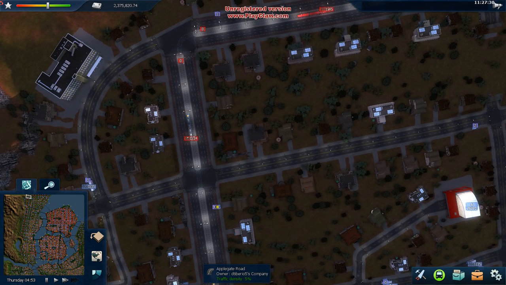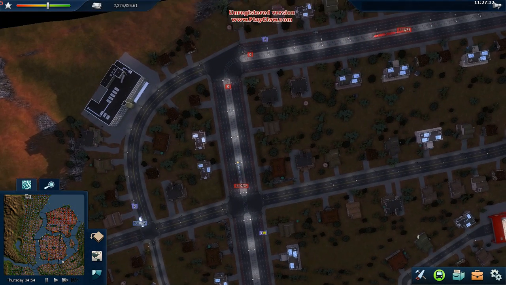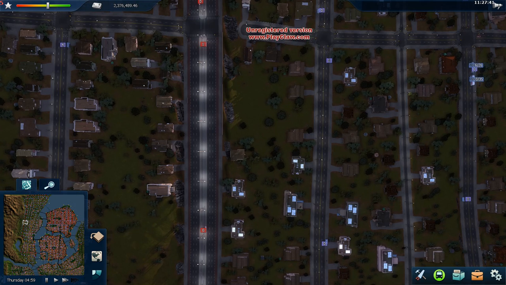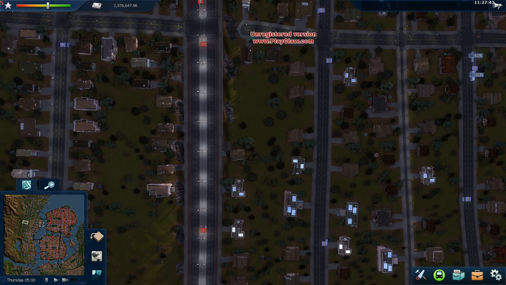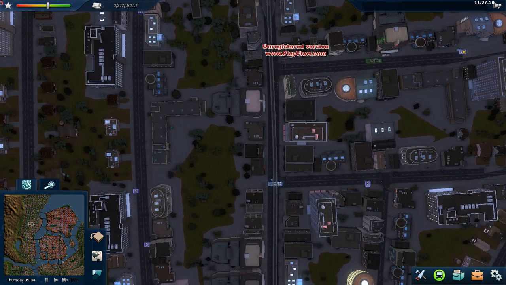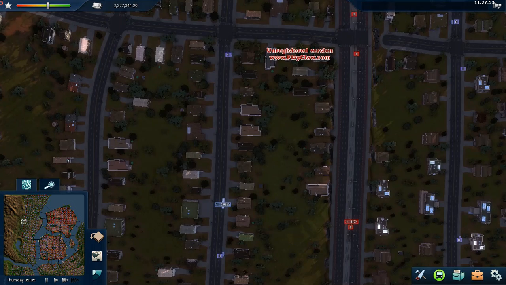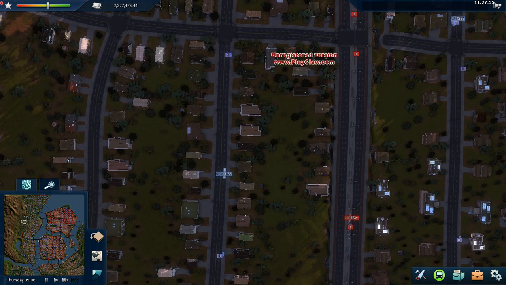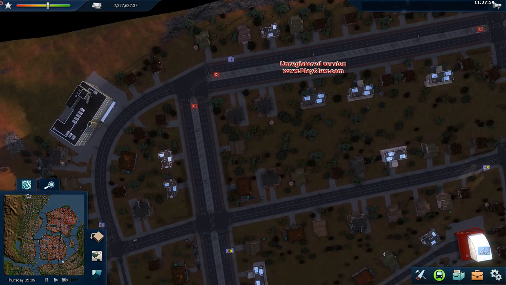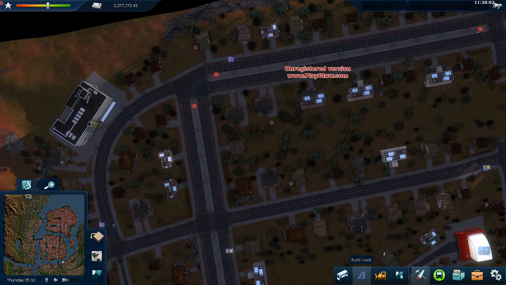This is Cities in Motion 2, and I am going to build an elevated inner city highway. Right now I have an issue with my western mainland in that there's only one north-south highway, and that highway is along the coast, and I really need three. I need the one along the coast, one on the west side near the mountains, and another one going through